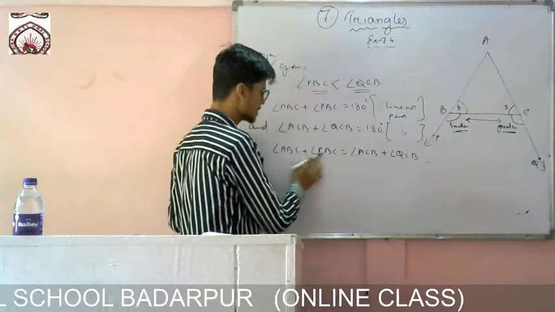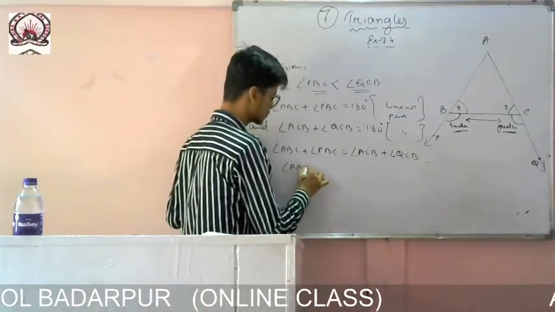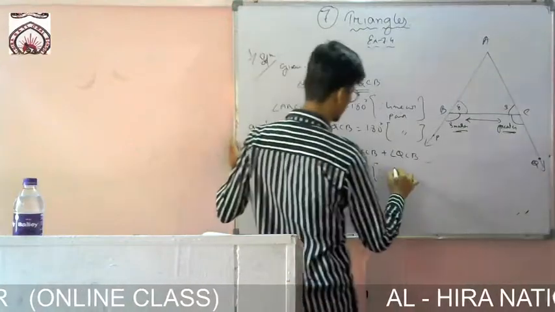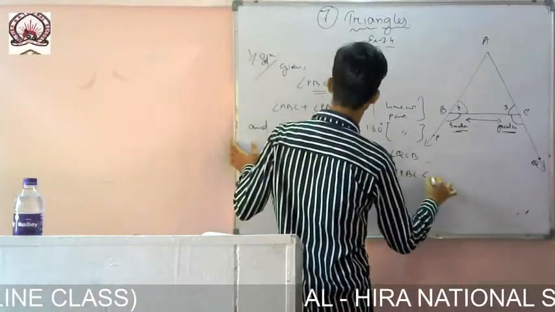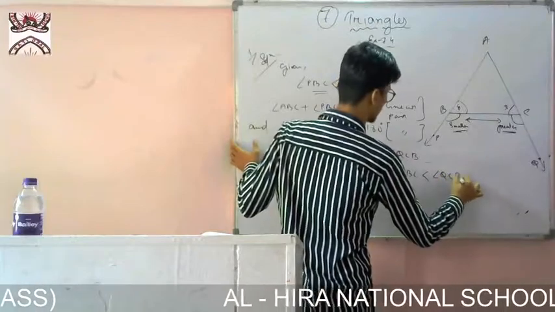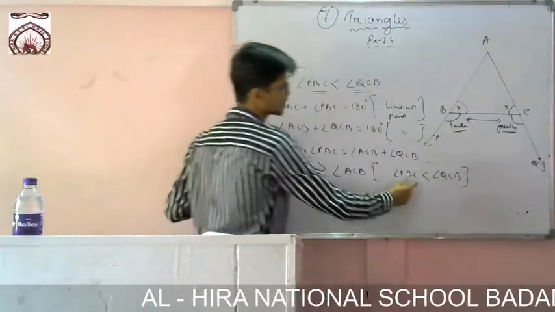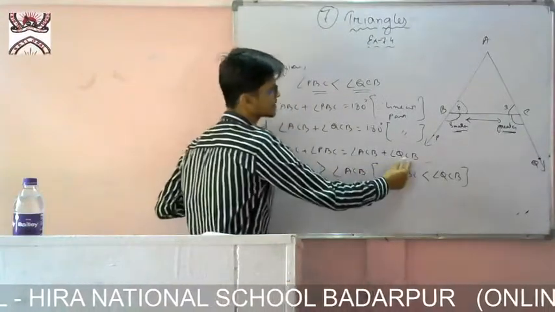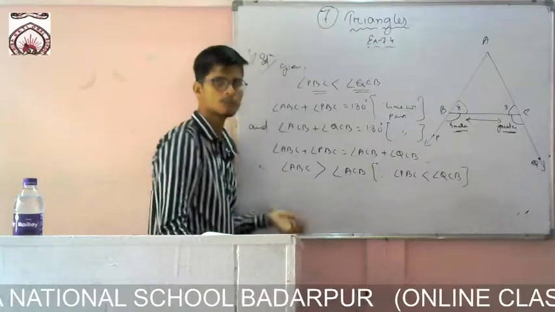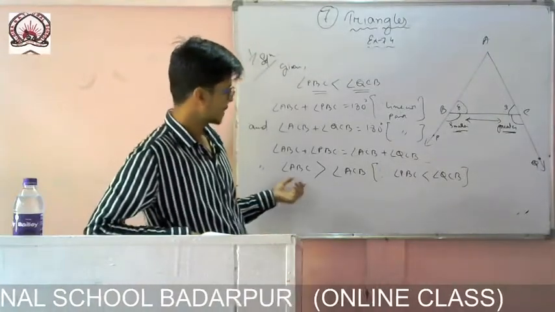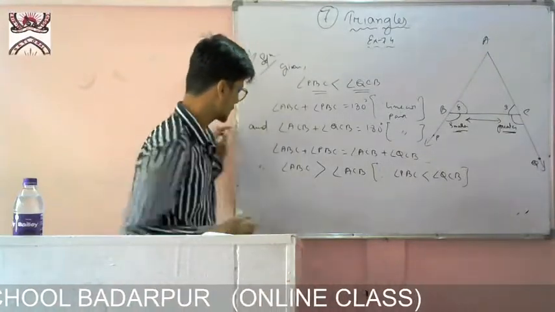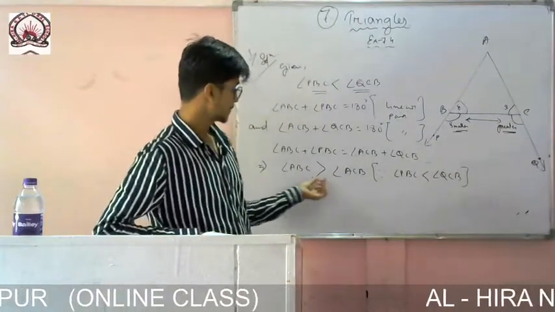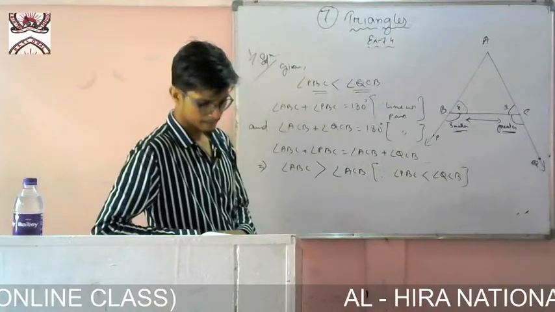So that means if this one is a smaller angle, then that one will be what? This one will be greater than angle ACB, and as the reason you write, since angle PBC is smaller than angle QCB. These two: this one is smaller, so this one became greater, and this one is greater, so this one became smaller. Simple thing. So from this I can write angle ABC is greater than angle ACB.